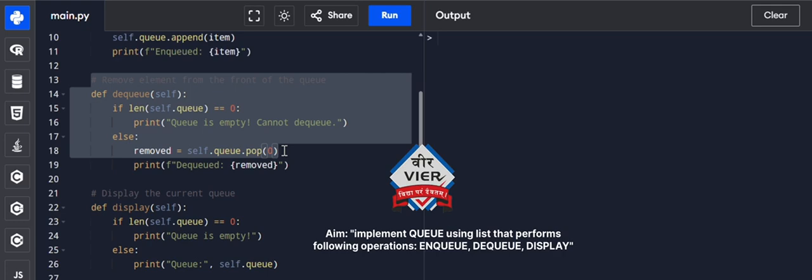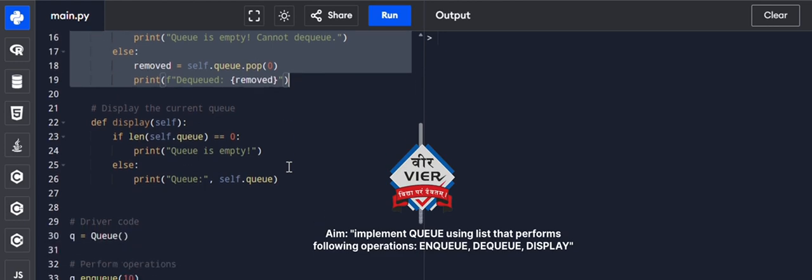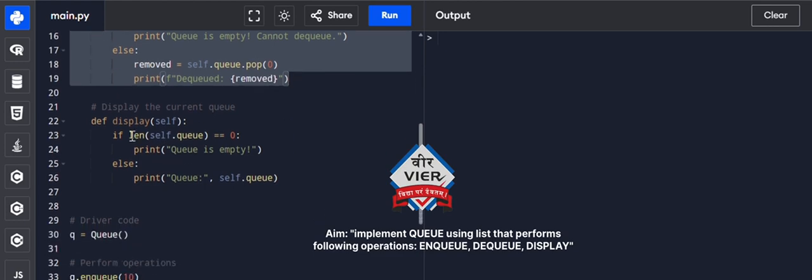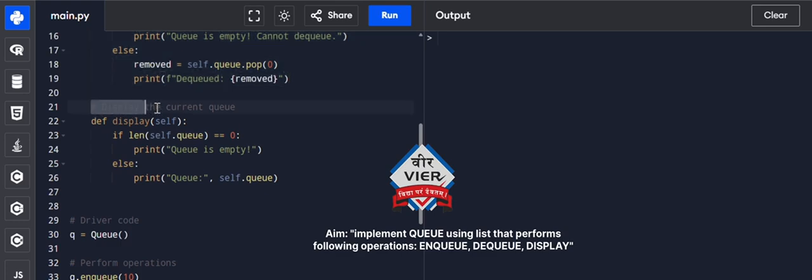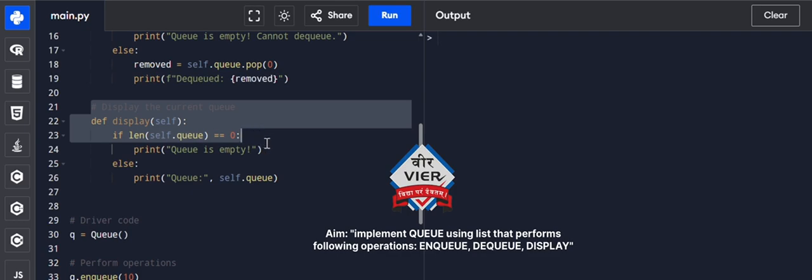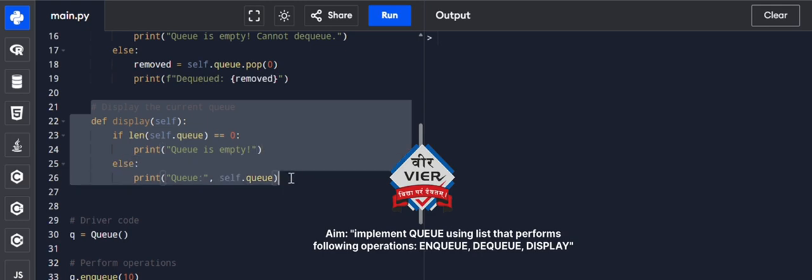3. Dequeue, removing from the front. The dequeue operation removes the item from the front, head, of the queue. Code line: if len(self.queue) == 0, the empty check. We first check if the list is empty. Attempting to dequeue from an empty queue is an underflow condition. removed = self.queue.pop(0) is the implementation. We use the list's pop(0) method. This method removes the item at index 0, the very front, and returns it. This item is the one that has been waiting the longest, FIFO.